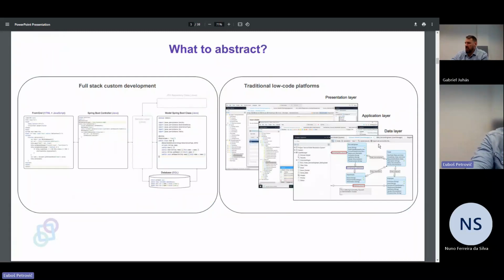And the question is what to abstract. And the first idea you could have is that we should abstract from those layers. So instead of having several different languages or several different modeling techniques for different layers in your application, you would like to have just one language where all the information will be stored, and you would not be